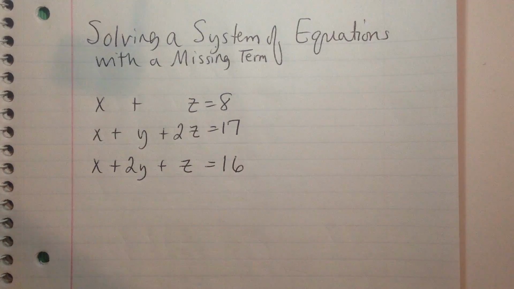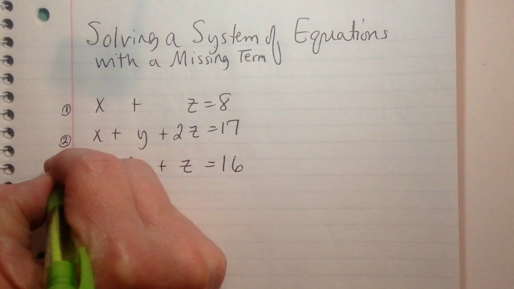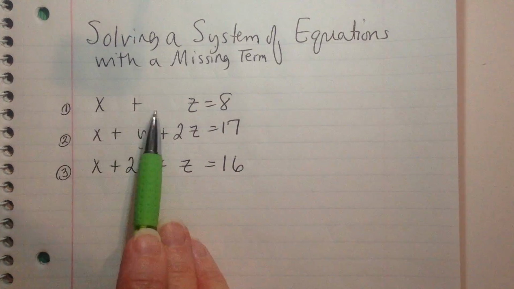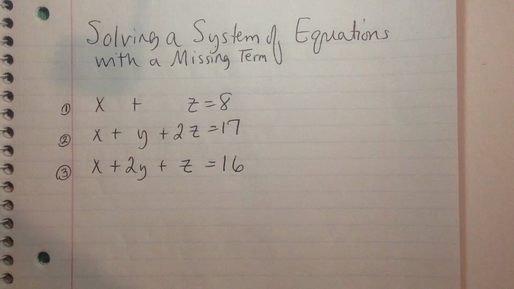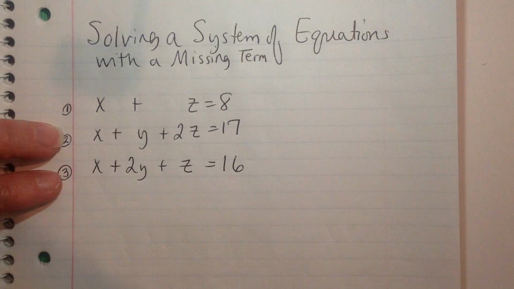Solving a system of equations with a missing term. You see that I have 3 equations. I'm going to number these 1, 2, and 3. If you notice, the first one is missing a y. So what I need to do is solve number 2 and number 3 together and also eliminate